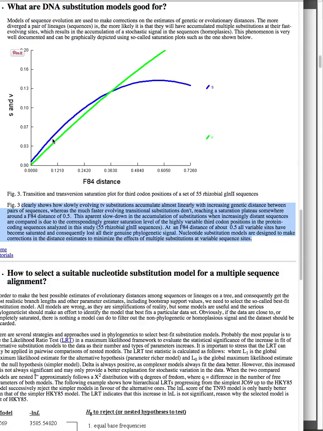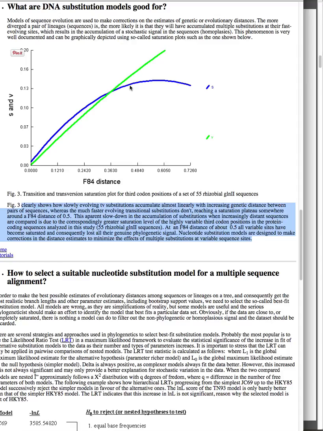So the number of transitions and the number of transversions should keep increasing, and that should increase pretty much linearly, like this green line, because we know about clock-like evolution. However, what you see is a difference here: transversions, which are shown in green, show the pattern that you'd expect to see, but transitions are not. In fact, transitions pretty much right here, let's see if I can get to the point where it starts to really level off. So somewhere around 0.48, 0.5, you see a plateau in the accumulation of transitions